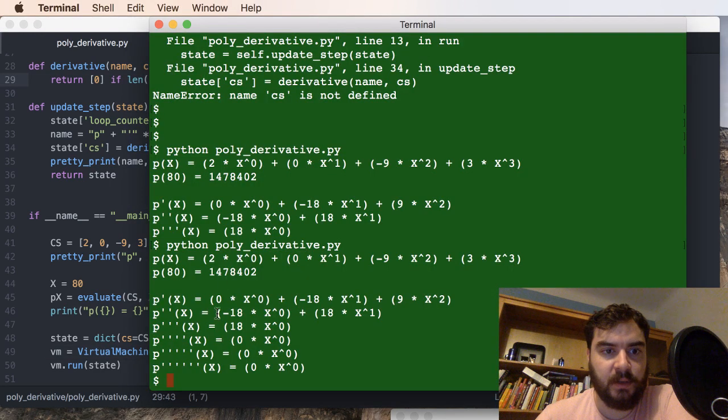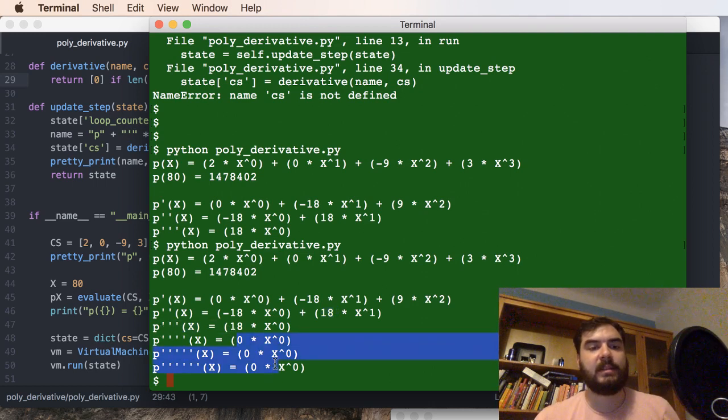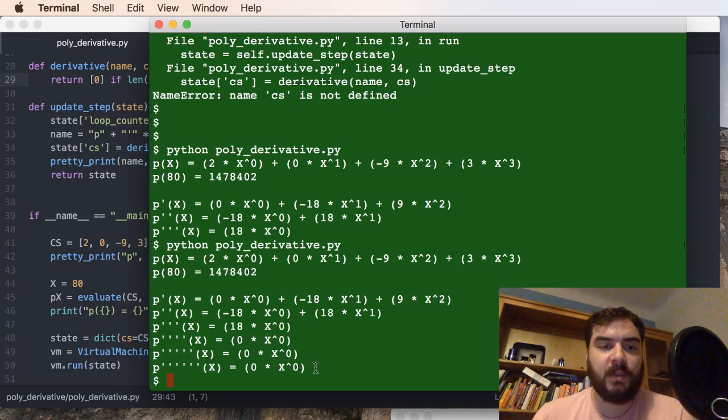And so in the second derivative, we have minus 18. And incidentally, 3 times 3 is 9 times 2 is also 18. So in the second derivative here also 18. And so on it goes. And after the third derivative, we're just having the 0, and then it sticks at 0. And there you have it. This is how you implement the derivative on an array. Basically just implementing